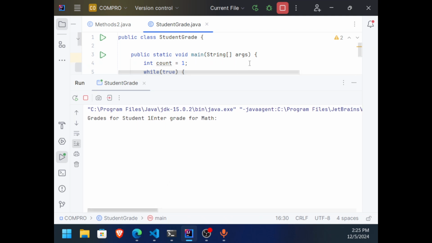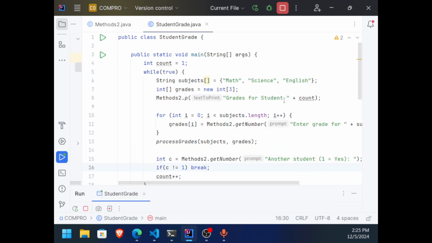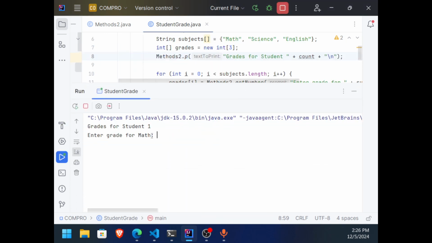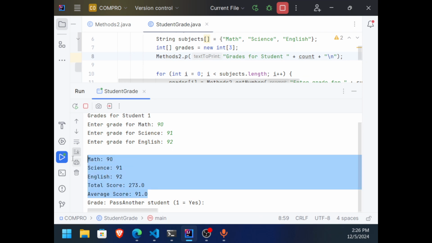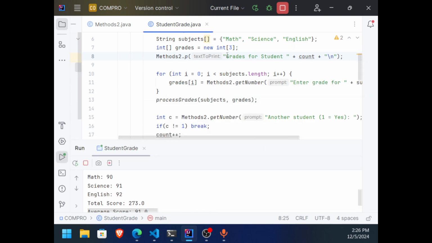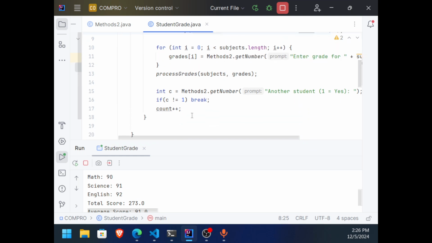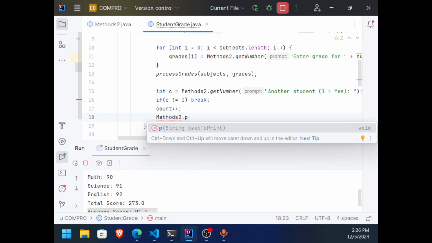Okay. Oh, we forgot. Dapat maglagay tayo dito na \n kasi print lang yung ginamit natin doon, di ba? Yan. Para pumunta siya sa new line. Okay, grades for student 1. Enter grade for math. 90, 91, 92. Okay? So, yan na yung kanya. Maglagay tayo dito ng methods 2.p.